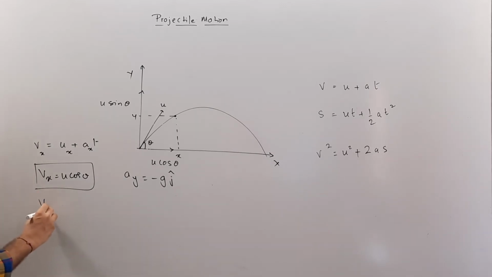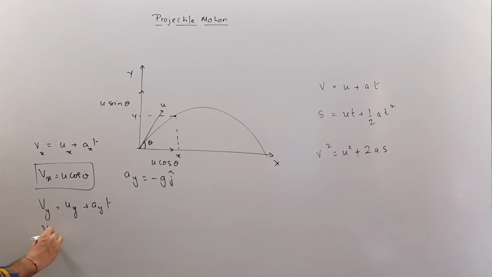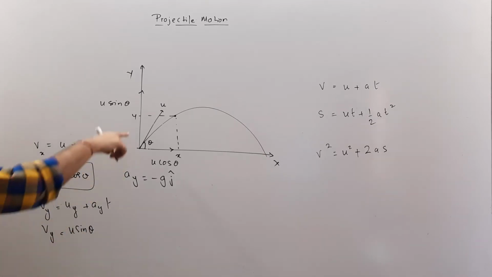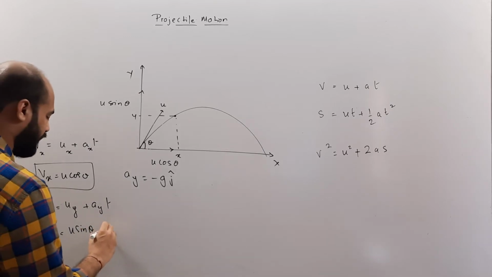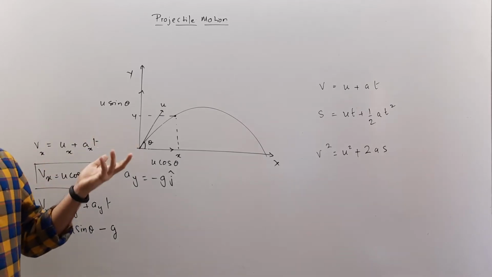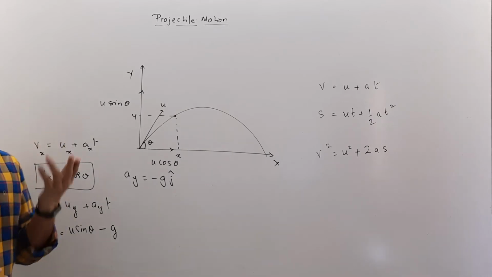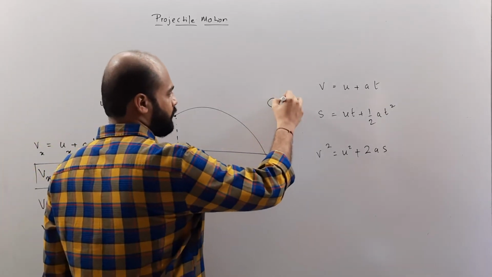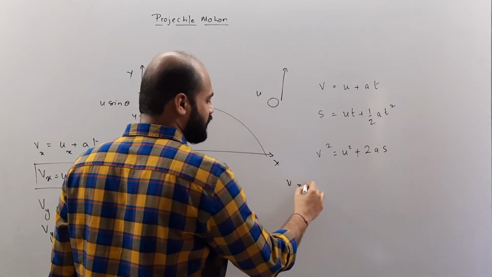Let's see. So Vy is going to be uy plus ay t. Going by this rule, Vy is going to be uy, which is u sin theta, because we saw that the initial velocity y component is u sin theta. And ay we can definitely write as minus g, because now we are throwing the object against the force of gravity. That is the reason why I am writing minus g. And normally when we throw anything on top, let's say a ball thrown on top with some initial velocity, while writing this equation I am going to write v is equal to u minus gt,